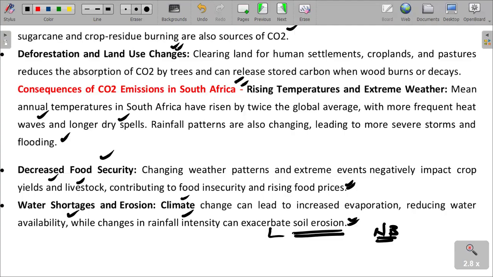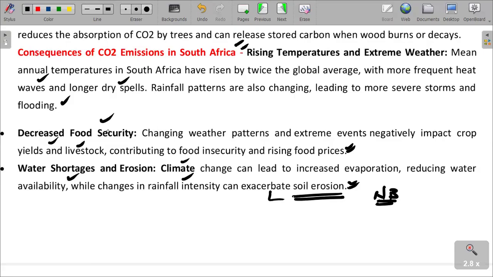Dry spells, we are talking about sporadic rains or very scarce light showers that can also be experienced in some places. So rainfall patterns also change, leading to more severe storms and also flooding, which we have already mentioned there. The issue of food security and changing weather patterns are negatively impacting our crops and animals. That also results in rising food prices and also food insecurity in a country as a